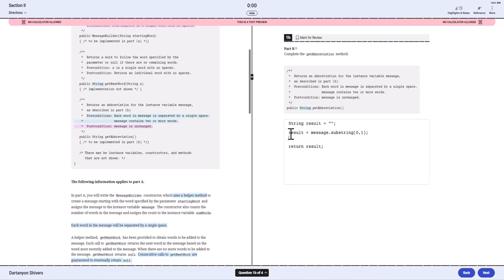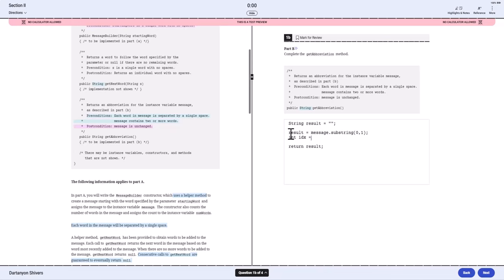This will make result have that first character in there. And then let's create a variable idx that is going to be tracking where is the space character in message, right? So message.indexOf,